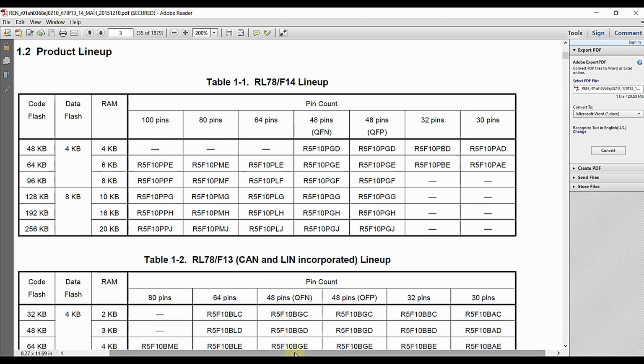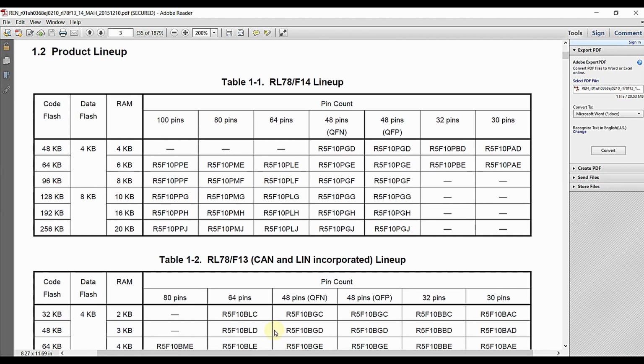You can see this is the product lineup of the RL78/F14 series microcontrollers, and the one which we are going to use is this particular microcontroller, R5F10PPJ, mounted on the development board with the part number QB-R5F10PPJ-TB. As per this table, you can clearly see it has a RAM of 20 KB, data flash of 8 KB, and code flash, that is the program memory, of 256